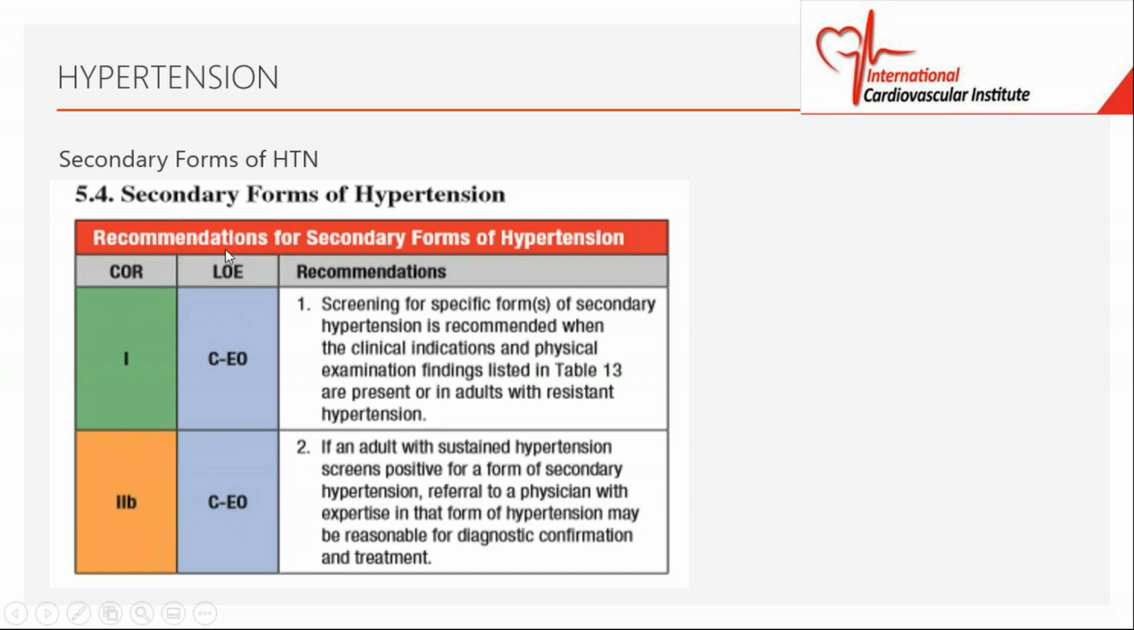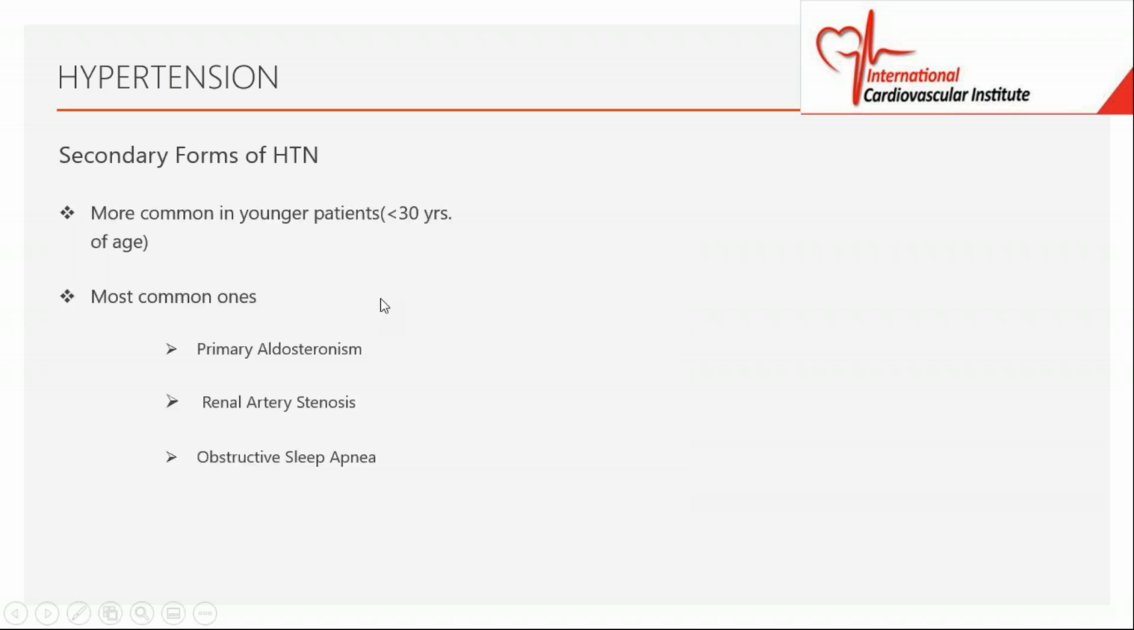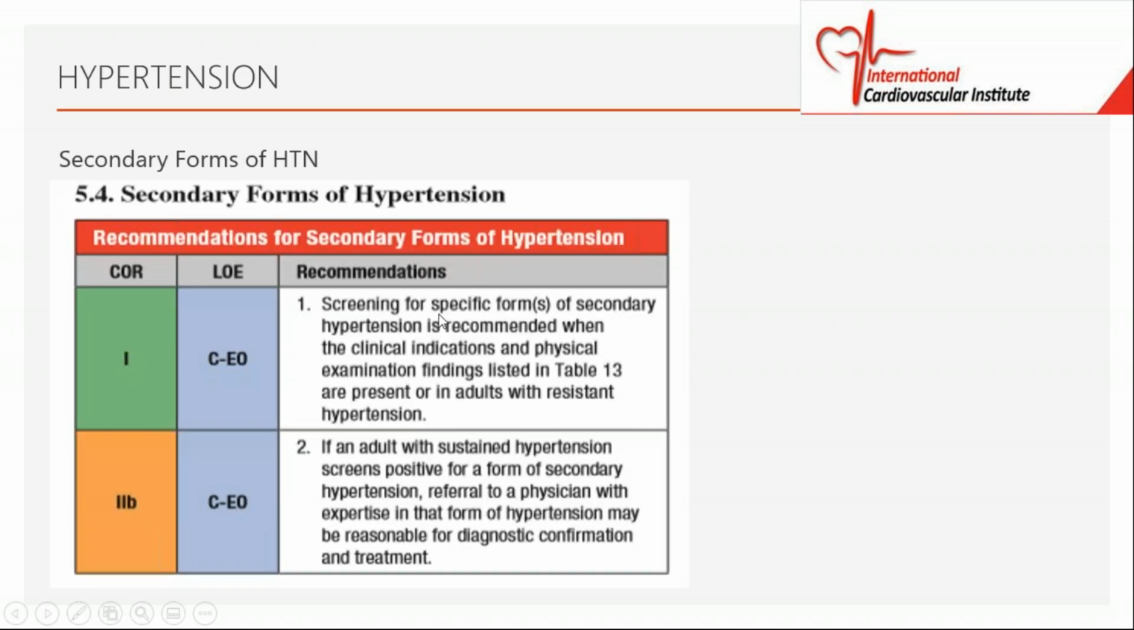So the recommendation for secondary forms of hypertension, class 1 indication. You should screen for specific forms of secondary hypertension. It is recommended when the clinical indications and physical examination findings, and we're going to look at those, are present in adults with resistant hypertension. Basically what this is saying is that if someone presents with resistant hypertension, and we'll go over the definition of resistant hypertension,